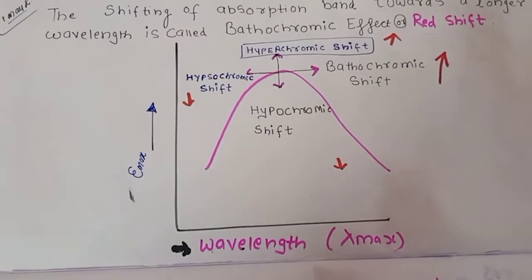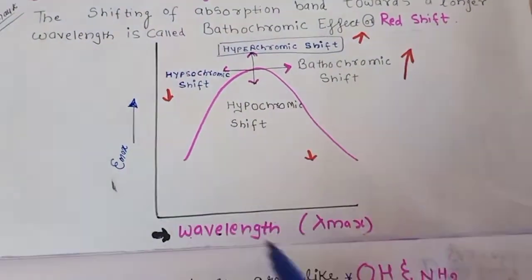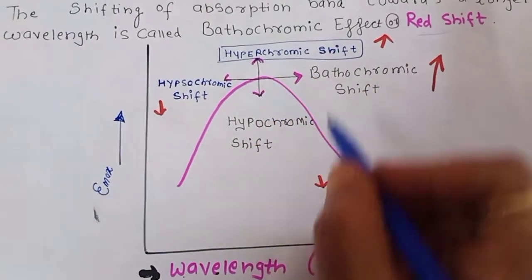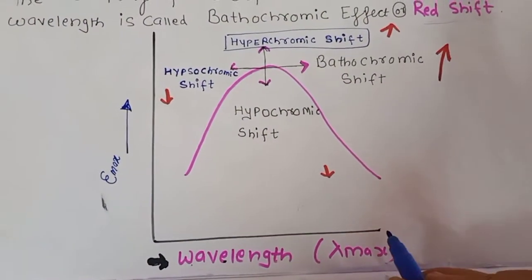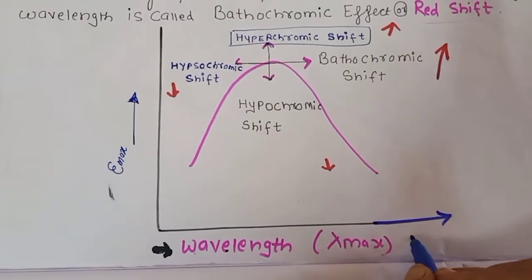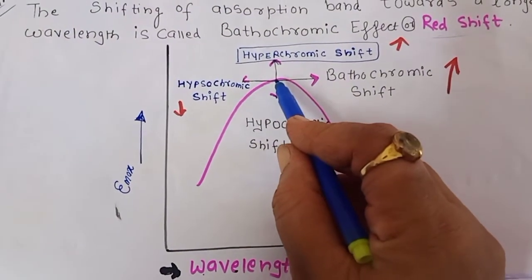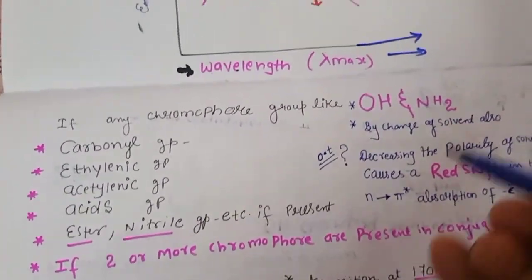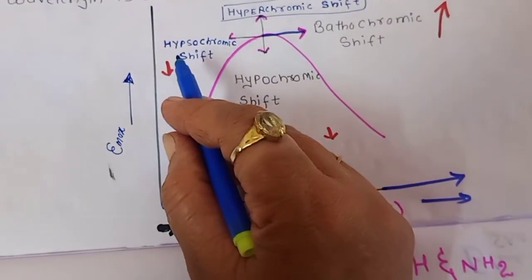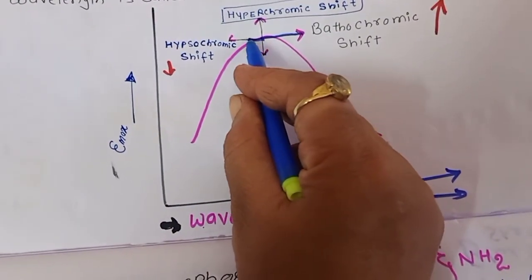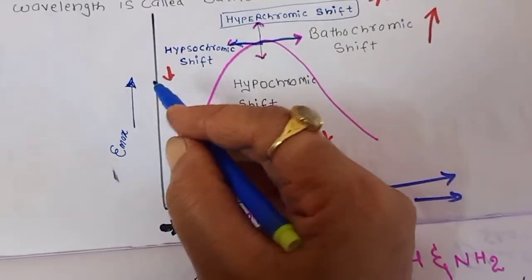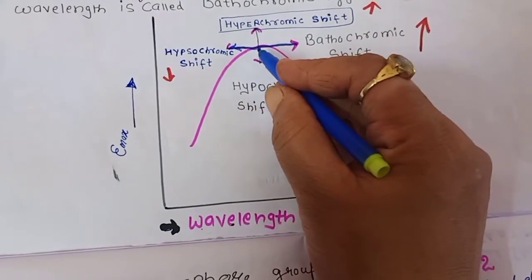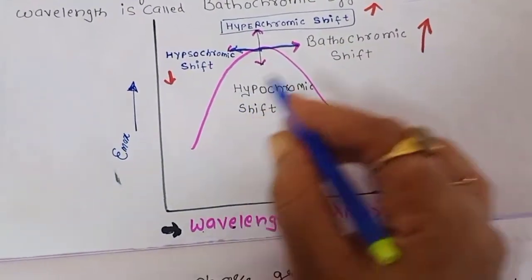So if it is asked in the 1 mark, just write one sentence and make the diagram. So here in this diagram you can see, when the wavelength is shifted toward higher side, this is the wavelength line. So when the wavelength is shifted towards higher side, this is the increasing wavelength. So this is our bathochromic shift. Next, we will talk about our hypsochromic shift, the absorption wavelength will decrease, that will be the blue shift. And when the intensity increases, that is our hyperchromic shift. When the intensity decreases, it is hypochromic shift. So make a neat diagram.